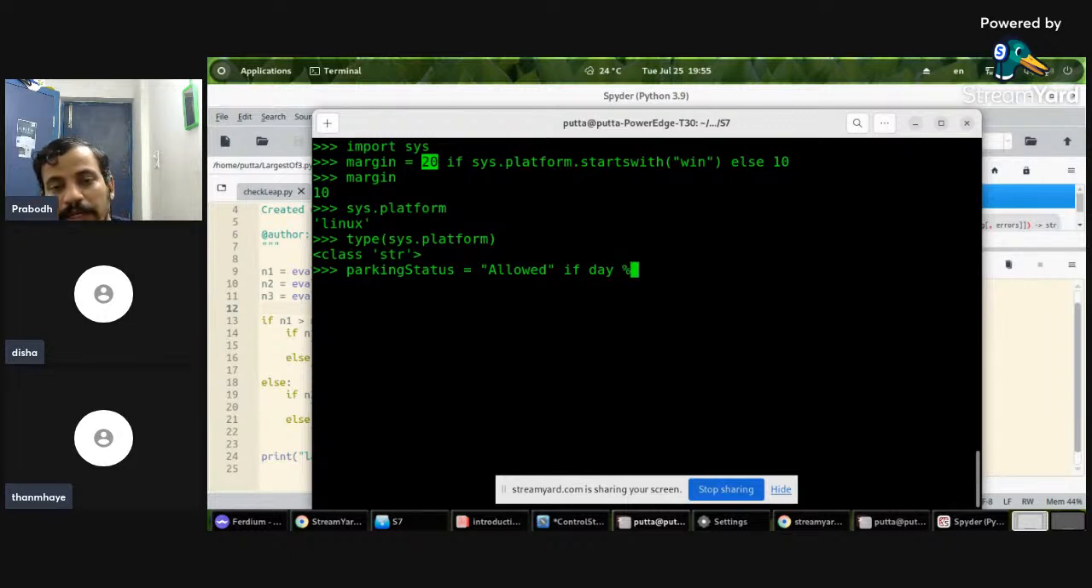Complete: day mod, the percentage symbol. After that, equal to. Don't I need to tell what value I have to divide by? 2. Okay. Later, equals equals 0. So if this condition day mod 2 is equal to 0, we will return the string